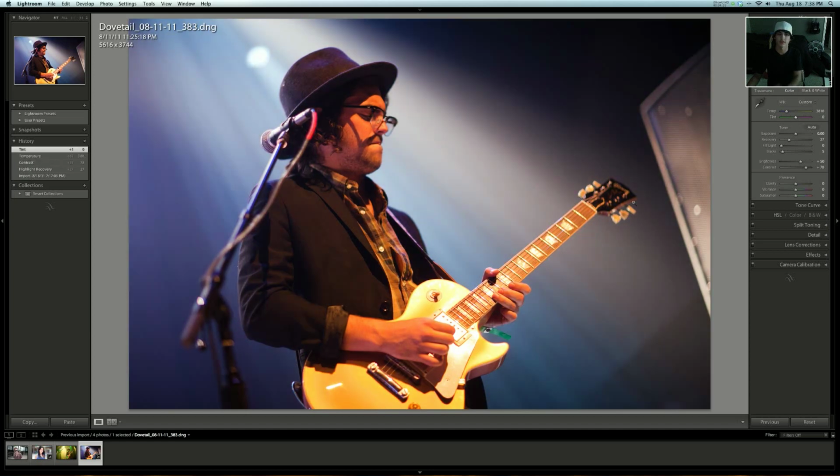So I'm just fixing that up a little bit, just playing around, just seeing what works and what doesn't. The clarity, I always end up bumping it just a slight amount, just to give it a bit of definition, unless it's a really contrasted photo. So that looks pretty good. I'll go ahead and bring it over into Photoshop, and I think I remember for this specific photo that I